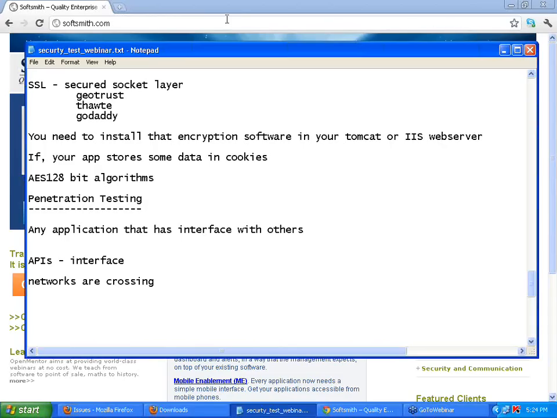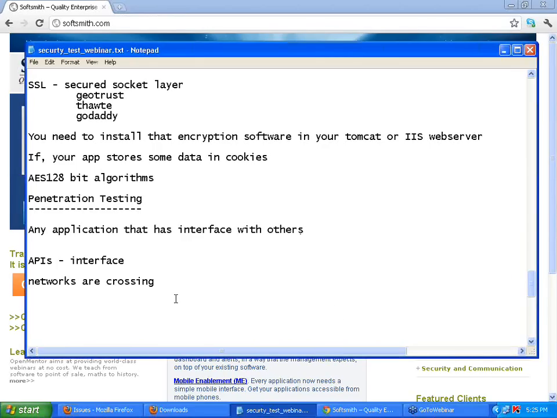Tomorrow, let me ask you this question. At least now, are you in a position to understand what is authentication, what is authorization, what is SQL injection, and what is the basic concept? Are you clear in that part? Can you please raise your hands? If someone says, do you know security testing? Can you talk 15 minutes on security testing? Do you have confidence now to talk 15 minutes on security testing? That is the purpose of this webinar, right? Many times people underestimate all these things, but if you ask a pinpointed question, where will I use encryption? You need to be in a position to tell that. That is the aim of this webinar. But each topic we can talk for hours and hours.